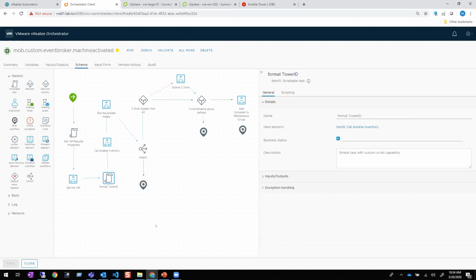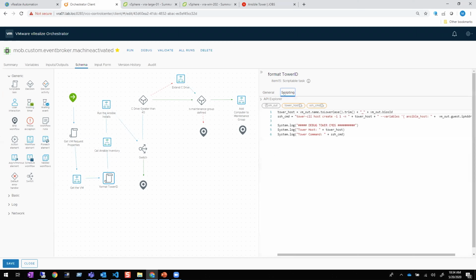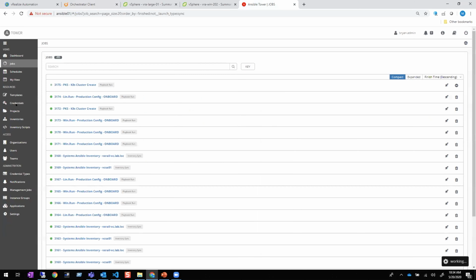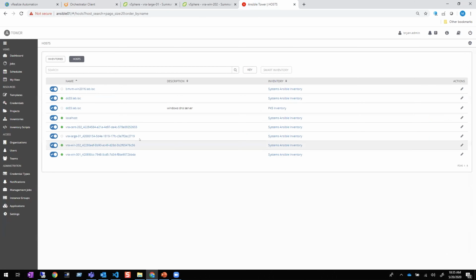Now I need to hand it to Tower. The Tower ID, so I get the VM data, right, in the VM output. And then I need to format the Tower ID for Tower, because Tower itself uses a unique way of identifying vCenter virtual machines. If you look here, here's our large VM that we just deployed. It's already made it to Ansible, you see. This is vRA large 01. This is the BIOS UUID from the VM. So this is how